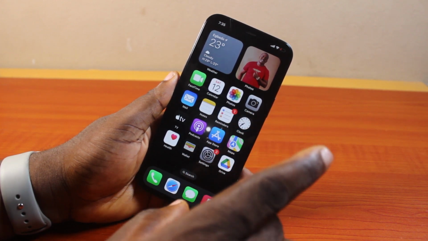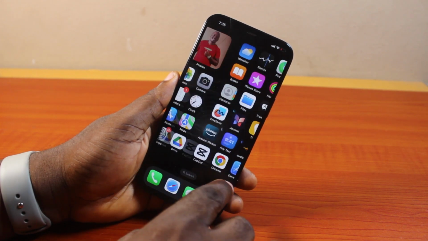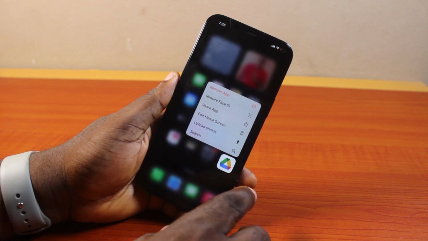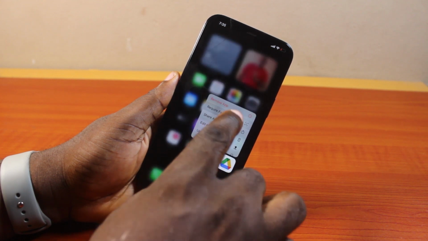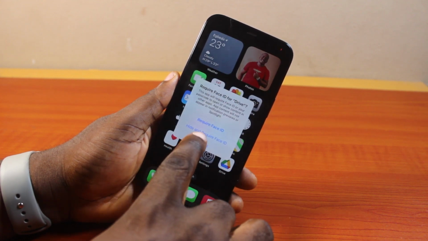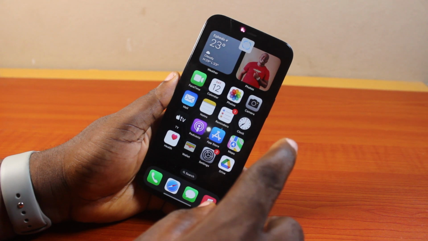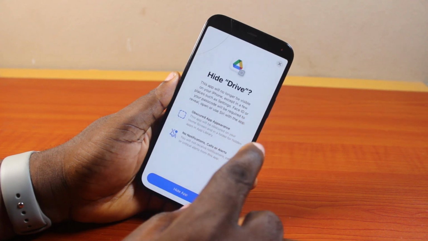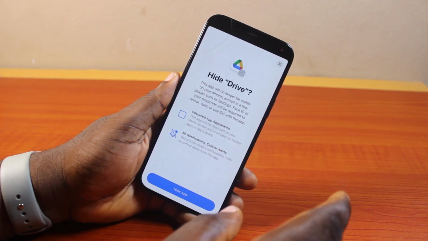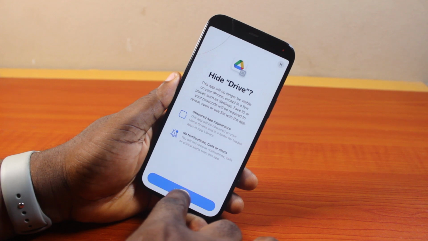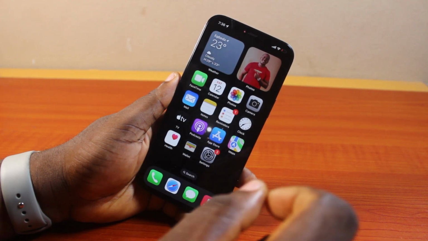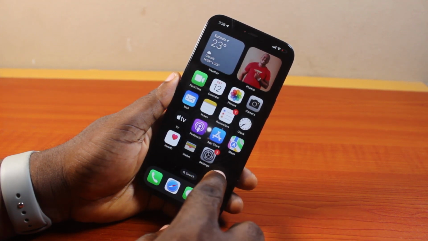To hide any app on your iPhone, just locate the app you want to hide. Press and hold the application. Click on Require Face ID. Then tap Hide and Require Face ID. Then you want to repeat this on all the applications you want to hide. Once you tap Hide and Require Face ID, you'll be prompted to confirm your Face ID and then click on Hide App. Once you click on Hide App, the app will be taken away from your iPhone